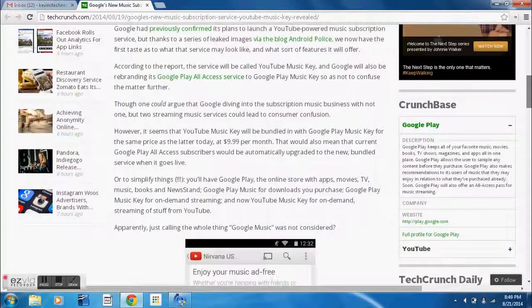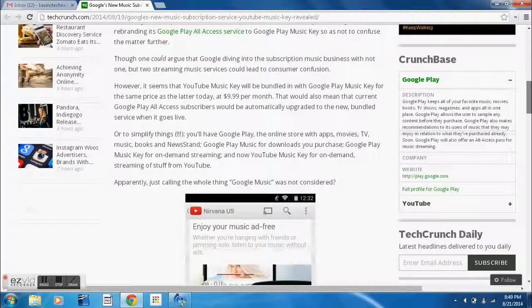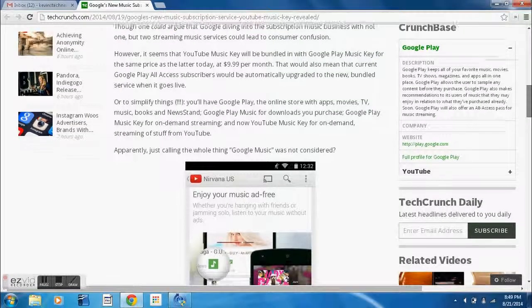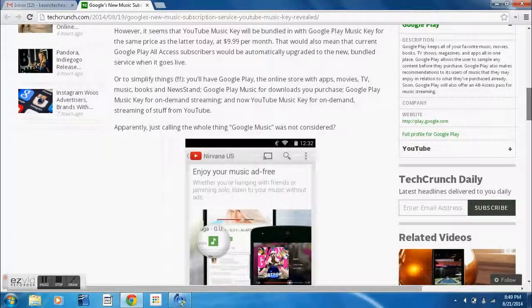Alright, Google Music subscription service. I am sort of excited for this. It will be much like... Actually, let me explain. So, this will be a knockoff, if not better than a knockoff, of Google Play All Access Music. So you get, like, a ton of music and...